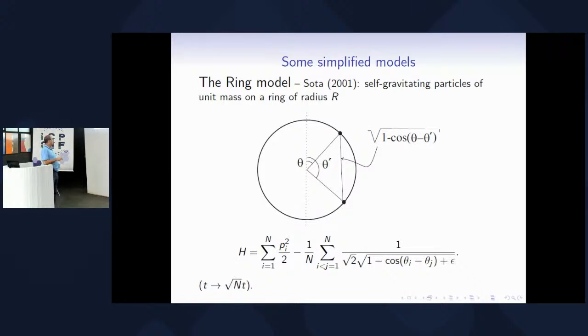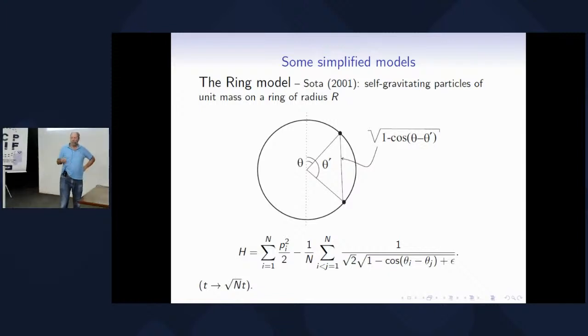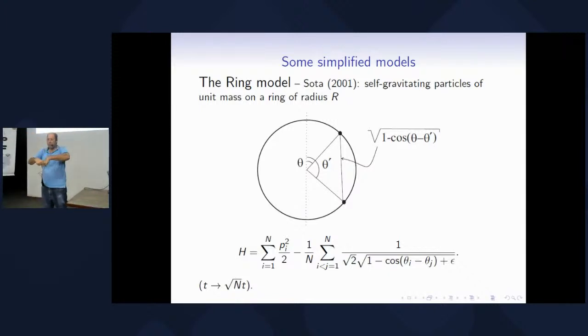And well, we choose the units so we can have this Hamiltonian. There are 2 details I will explain here. First, we sum a small number, an epsilon, which we call a softening parameter. This is very common in computer simulation of gravitational systems to avoid the divergence of the force at 0 distance, which is very cumbersome in a computer simulation. So we just add a small epsilon here.